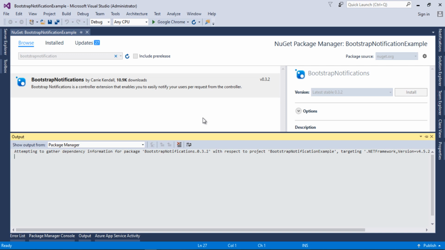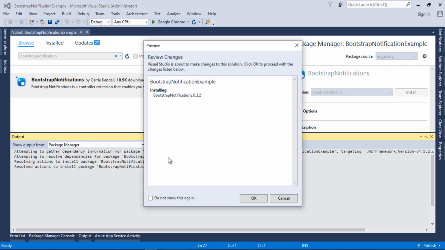I will click on install, and it is asking for confirmation to install this package in our project. It also shows the version number. I will click on OK to install this package in our project.